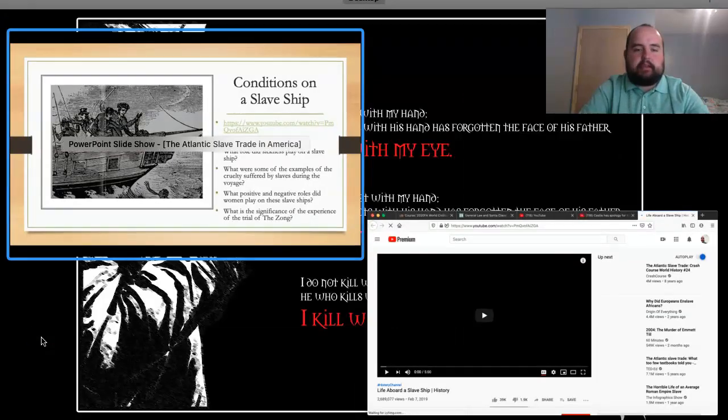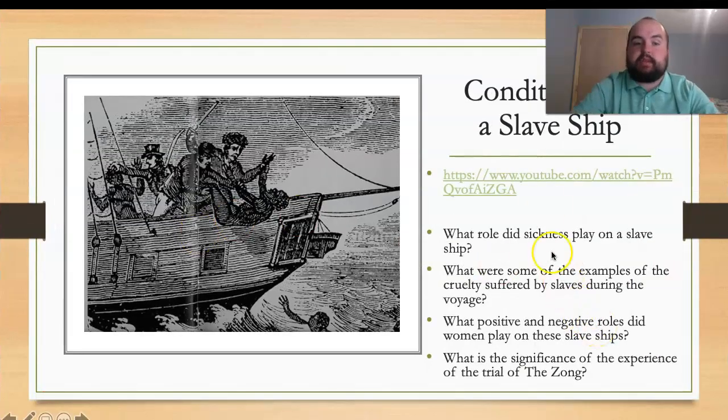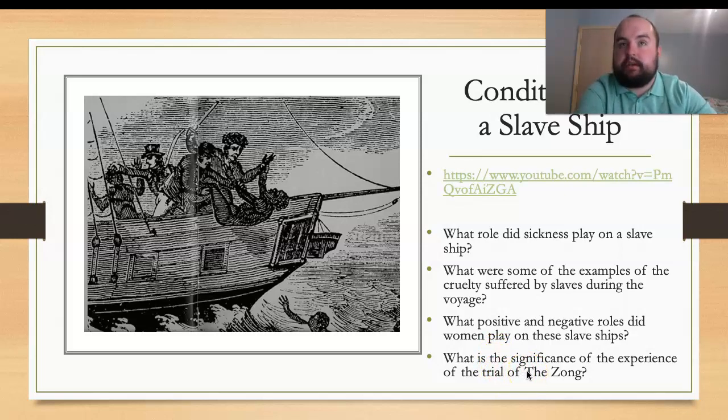Alright. In the meantime, keep in mind during this, think especially what role sickness played aboard a slave ship, some of the examples of cruelty the slaves suffered while they were being transported, how women were, what positive and negative experiences women had on these ships, and what the significance is of the experience of the trial of the Zong ship crew and captains, which you can see depicted